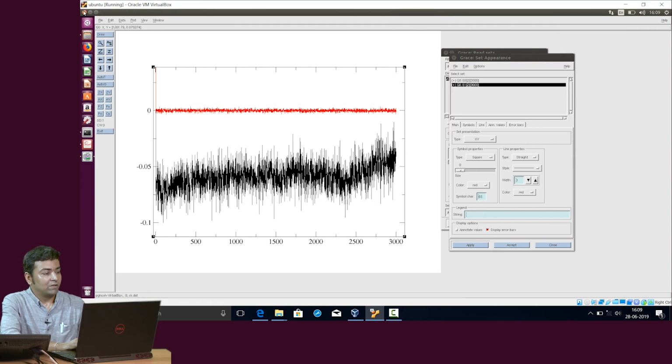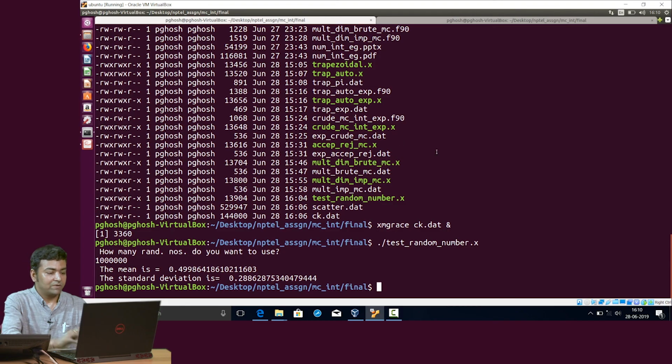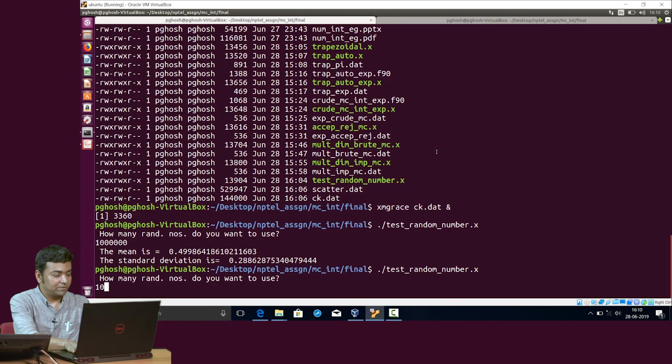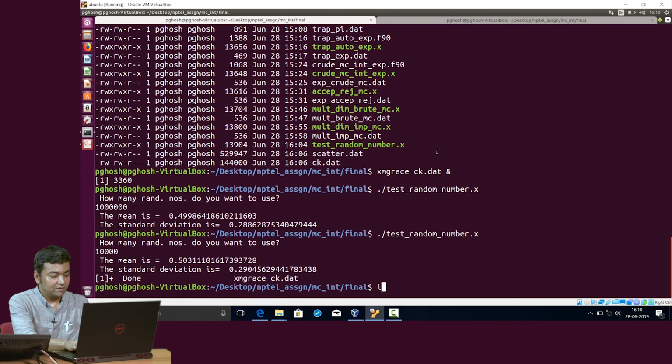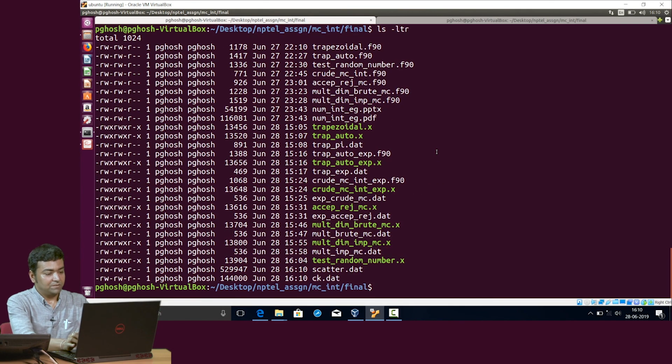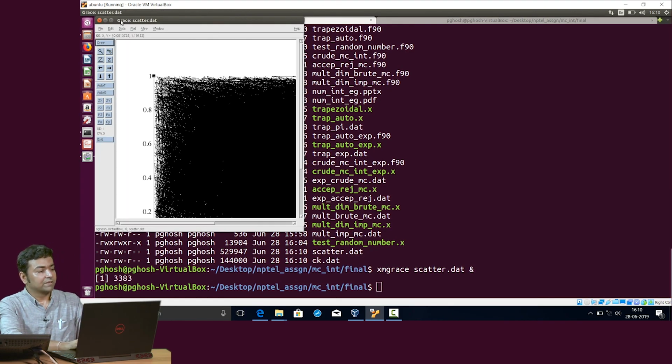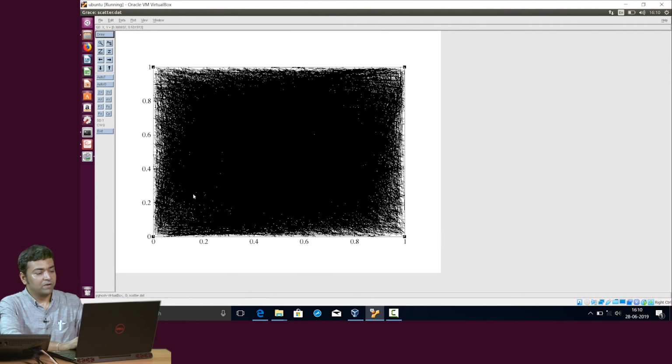Now, we will also look at the scatter plot. For the scatter plot, we will use fewer random numbers so that you can see. So, let us put say 10,000 random numbers and do the evaluation. Let us open it in XMGrace. So, if your numbers are correlated, then what your scatter plot would have looked like